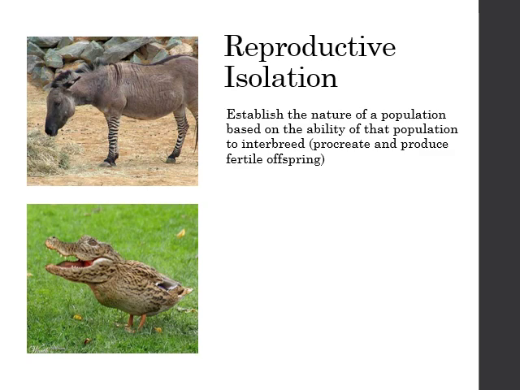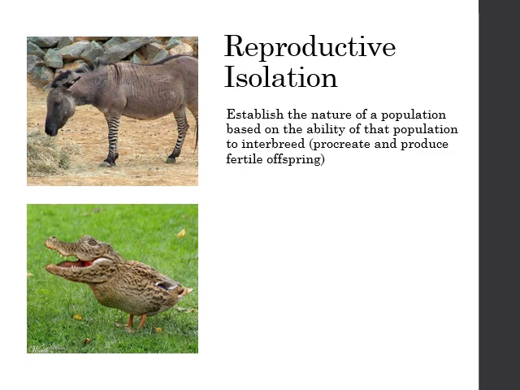When you take a zebra and a donkey and you put them together, you get a zebroid. I'm sorry, you take a horse and a zebra, you put them together, you get a zorse? Okay, anyways. How about a horse and a donkey? We'll talk about those. You guys know them.